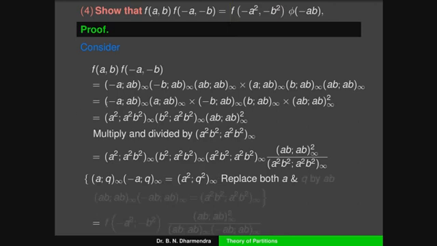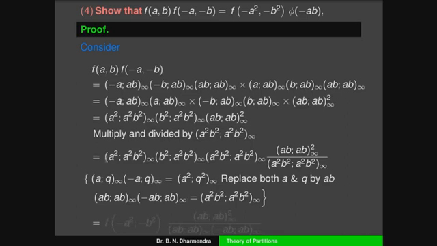Here also, using the same case, you can observe that the terms can be written as a square b square infinity. So when I replace the value of a by q, the terms in both a and q are ab. So it can be written as ab infinity minus ab infinity is equal to a square b square infinity. So the denominator of this term can be written as ab infinity minus ab infinity.